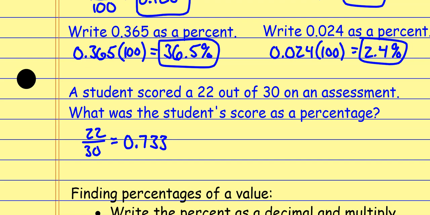But now to go from a decimal to a percent, remember, to get a percent, I divide by 100. To get a decimal, I divide by 100. To get back to the percent, I have to multiply by 100. So I take this guy and I multiply by 100. I'm just doing the reverse. To get from a percent to a decimal, I divide by 100. To get from a decimal back to a percent, I do the opposite. I multiply by 100. So here I get